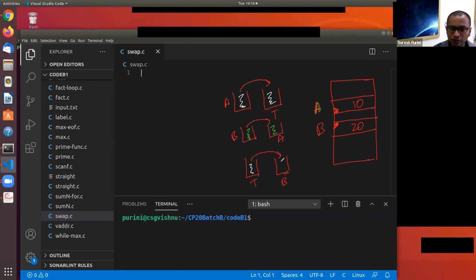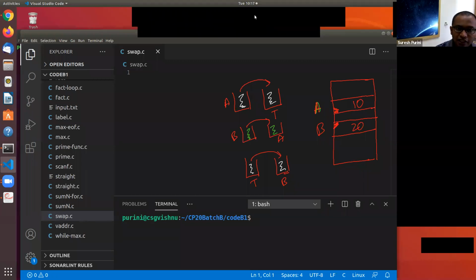So you get the idea, right? So finally, the milk in A is present in B, and whatever liquid was present in B got transferred to A. This is the idea. So now let's write code for this and see how it works.